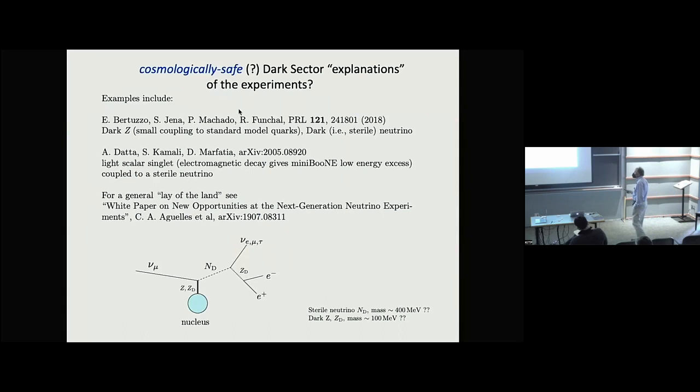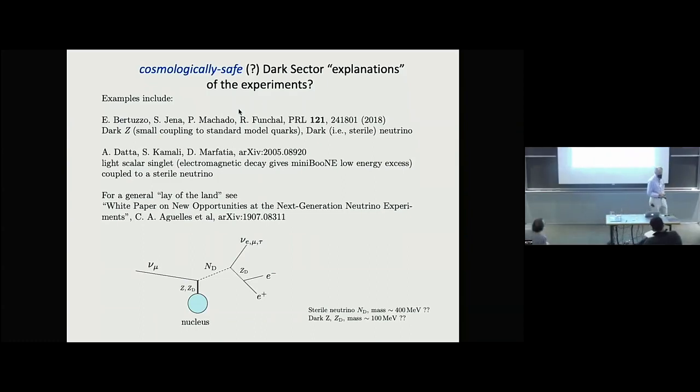So there are all kinds of ideas for non-standard interactions. We've heard about some of them as explanations for the anomalies. For example, there's this white paper on a summary of potential issues. This Bertuzzo et al. Physical Review Letter is quite revealing. There are lots of ideas. Some of them look like this, and I'll just draw your attention to this. They involve sterile neutrinos, maybe dark Z's, a dark sector. They also involve coupling of standard model quark currents and neutrino currents, either dark sector neutrinos or standard neutrinos. That could be very important in this whole collapse picture.